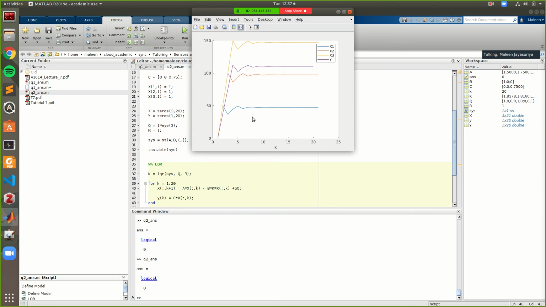Yeah, so now you can see that the system, instead of blowing up, comes to a stable kind of state.